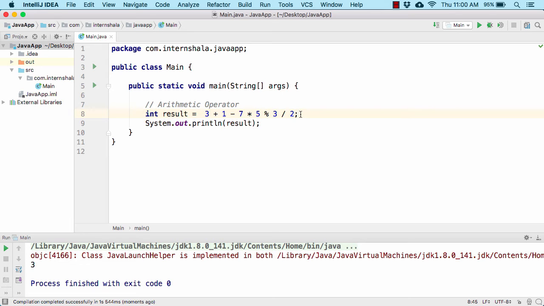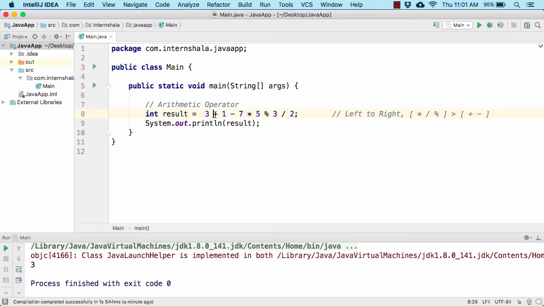Now in case of Java, when we evaluate such a statement, we have a concept of associativity, that is, evaluate the statement from left to right. And also we have some precedence, that is the priority order. So we give more priority to multiplication, division and modulus compared to the plus and minus operators. And always we need to solve the equation from left to right. So whenever we solve this equation, we start from the left.